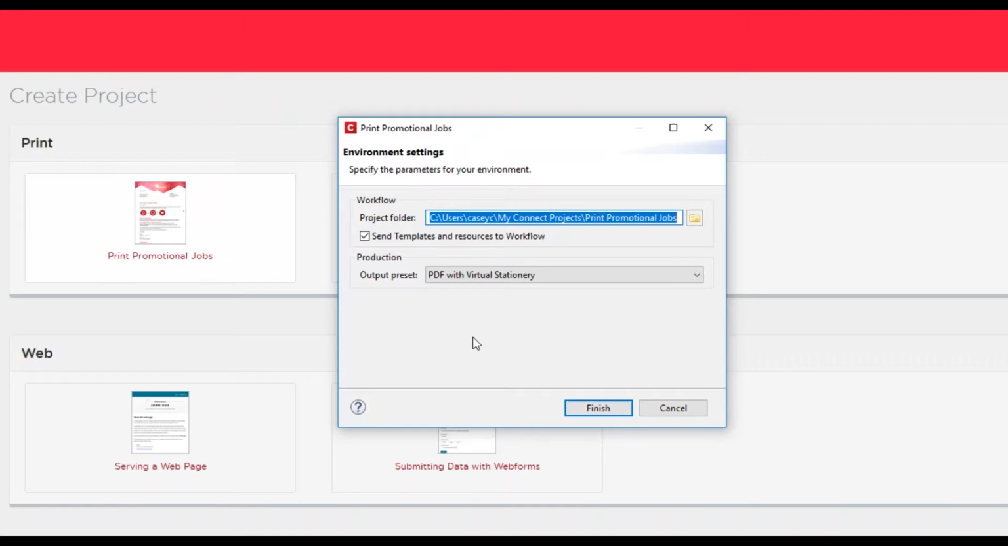The second option is whether or not to send the templates and resources to workflow. By default, leave this checked, but that assumes you're running in a non-production environment. When you send the resources to the workflow, any resources with the same name will be overwritten. So make sure that you don't have this ticked or checked if you're running on a computer system with a